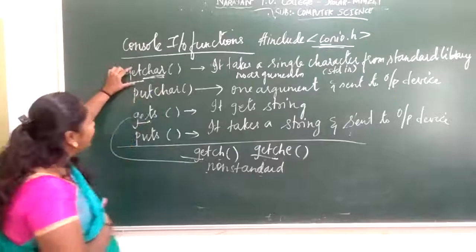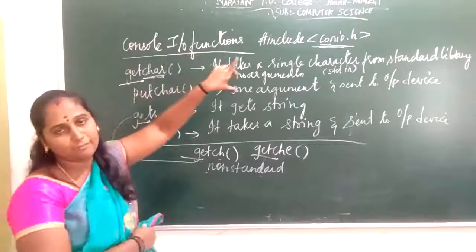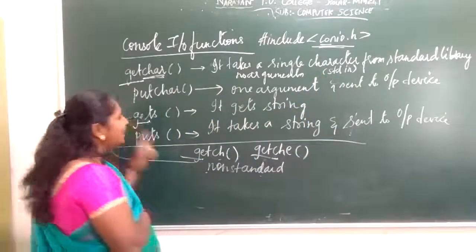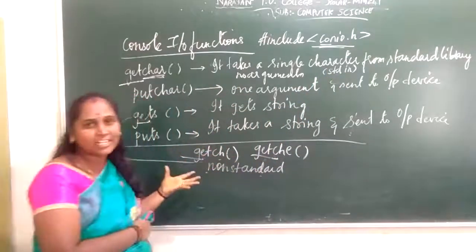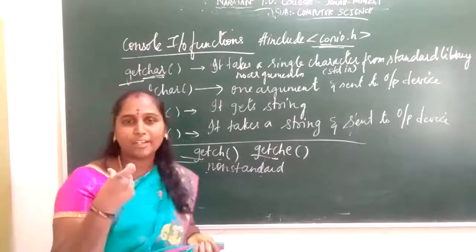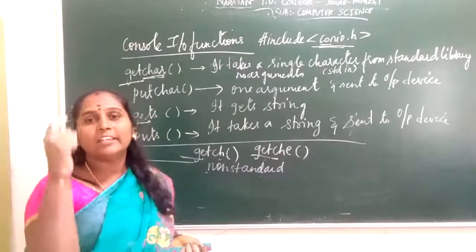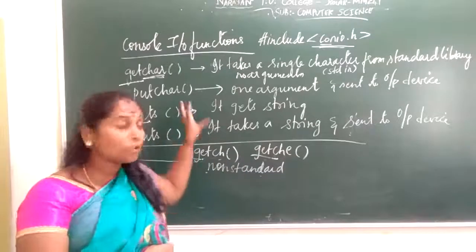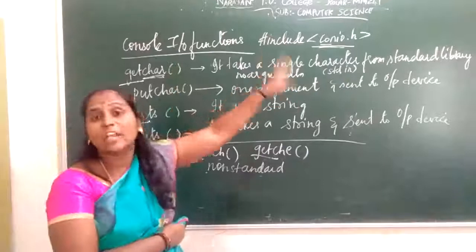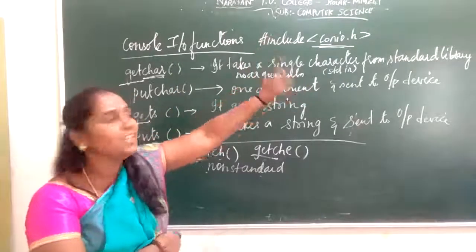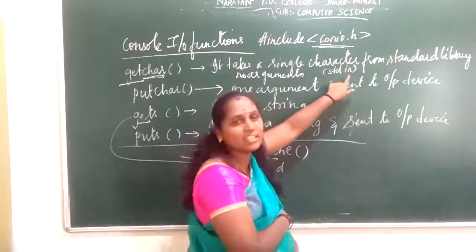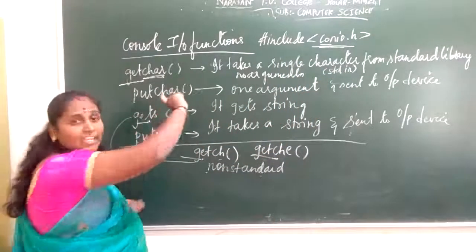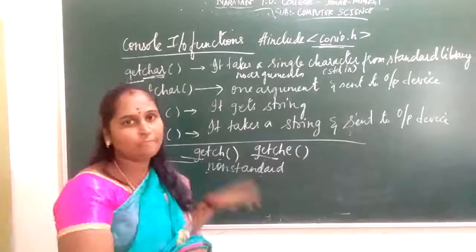I'll explain. First, getchar gets a character from a standard library input, that is nothing but stdin, the standard input function. But getch is a non-standard library function. It does not use any standard library function or stdin. It gets directly from one of the standard input devices like the keyboard. With getchar you are also getting the data from the keyboard, but it will be stored in your standard library function, that is nothing but stdin. In is nothing but your standard input. And here it does not take any arguments, it does not pass any value to the function.